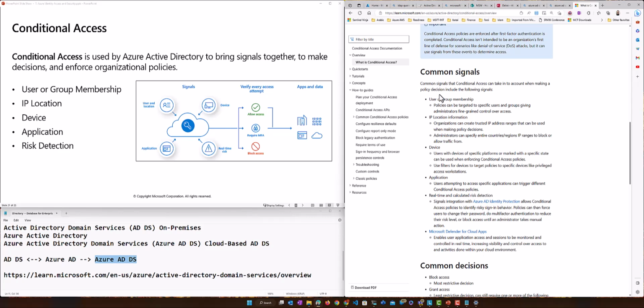If you are doing VPN inside Azure, you can have a conditional access policy on who can VPN and who cannot VPN, who can do MFA, who cannot do MFA, right? Various different things. So besides ID, password, and MFA, you can have very complex conditions that you can set for logging in, right?